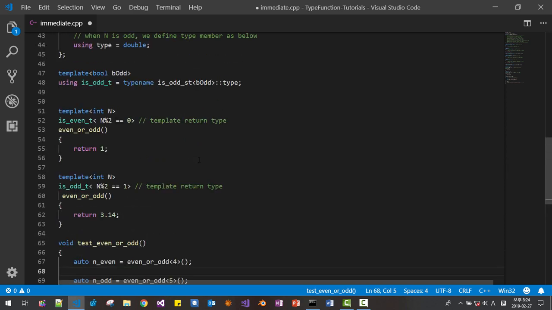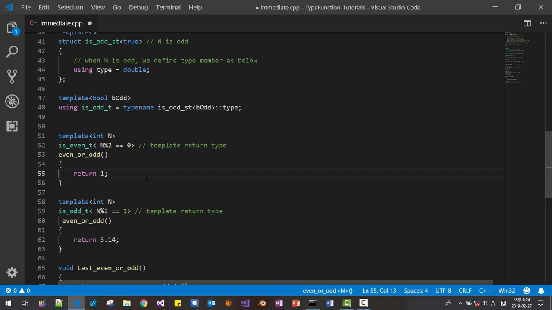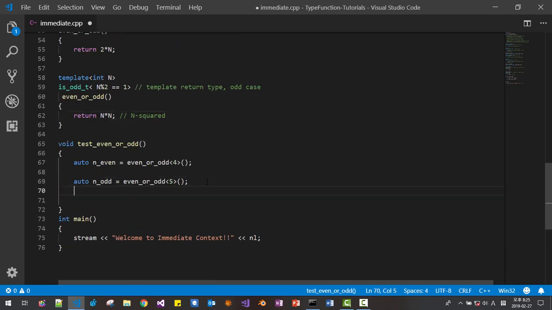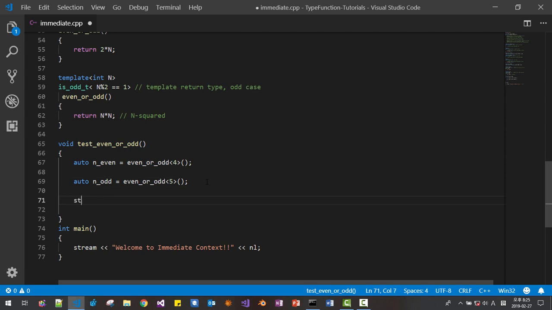Okay, now I will modify it here, the return type: n to 2 times n. In this case it is the even case, and this is the odd case. Then we can modify like this: n times n, n squared.